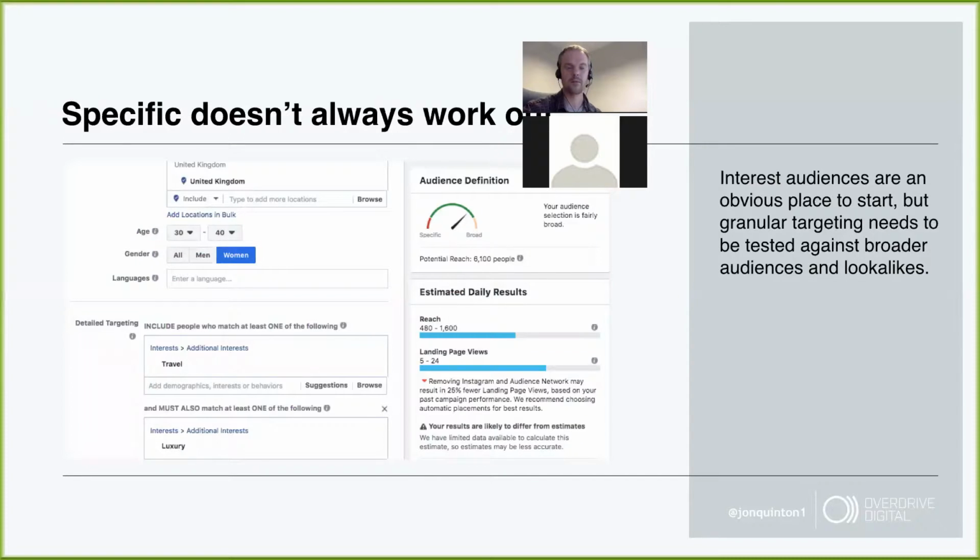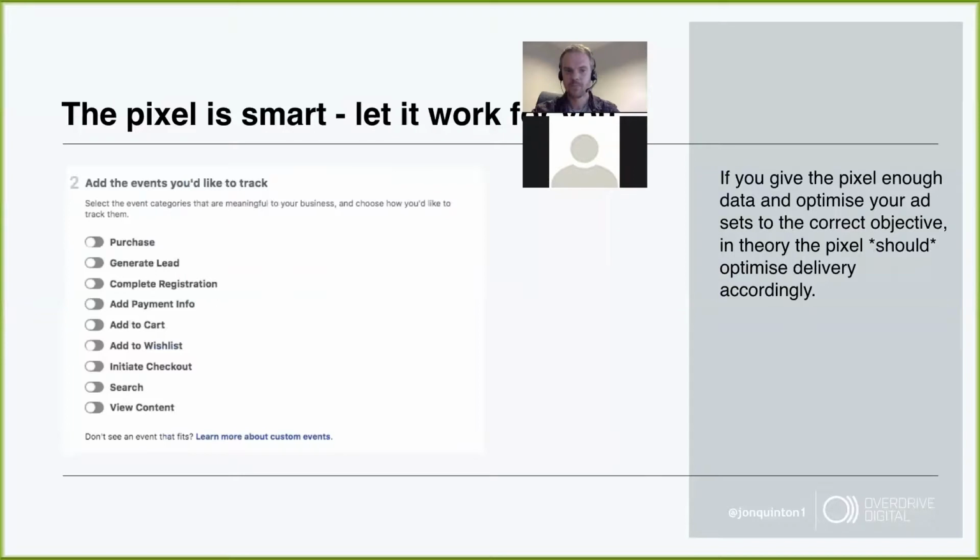So we can use that to our advantage, and this is where most people start, and it's completely common sense. Interest-based audiences, where you go and put your own demographics in. You say, I want to target people who are interested in this thing, between this age, this gender, that type of stuff. Very obvious place to start, but that doesn't necessarily make the most of the strength that the pixel has, right? So you do need to go and test interest-based audiences, but the first thing to do